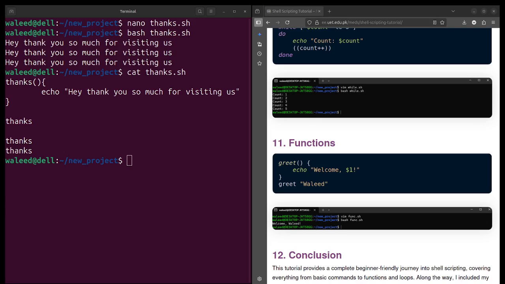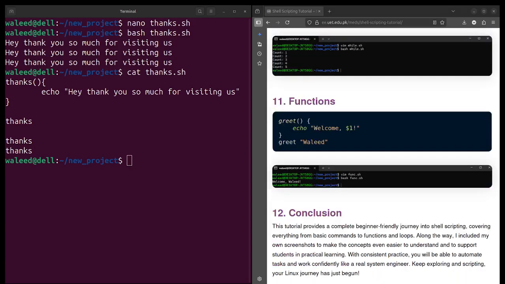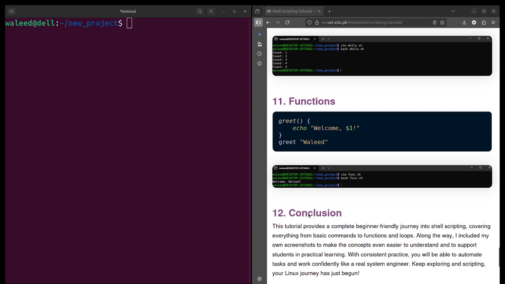So functions in simple words will save you a lot of time. For example, if you are making a really long application, in that case functions are really helpful. There are also multiple examples of functions and all the other stuff which I will try to cover in another video. Okay, so it is not over yet.